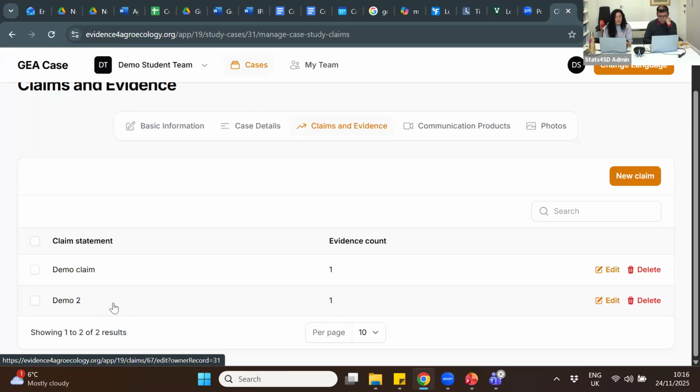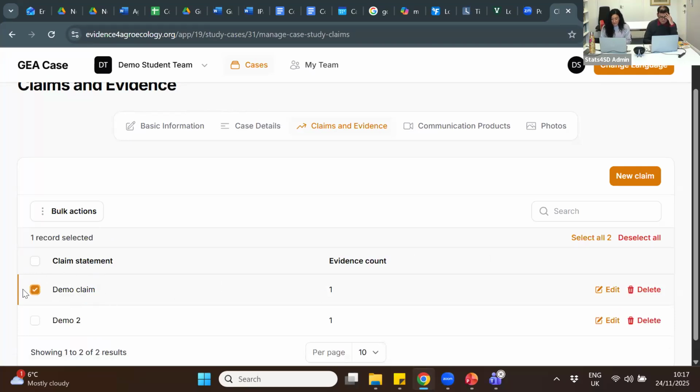Because in your statement, you may say, if you do A, B, C, you will get X, Y, and Z. Then this means that when you talk about ABC, the ABC will need to be broken down into claims. So for claim A, you will have one, and you will link some specific evidence in support of that claim on this platform. Then you will have claim B, and you will again attach some evidence. So what does it look like? You have